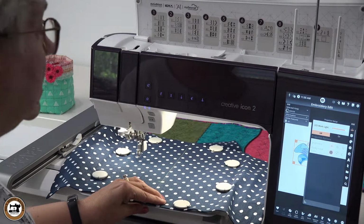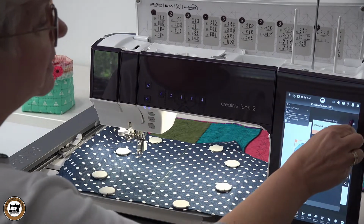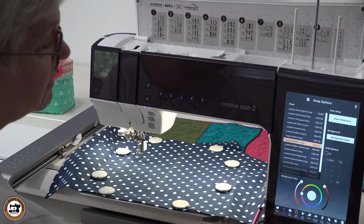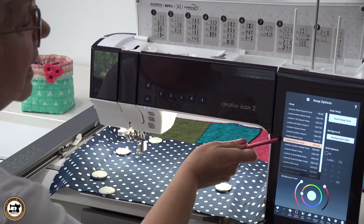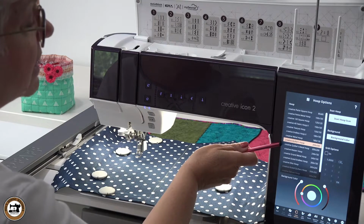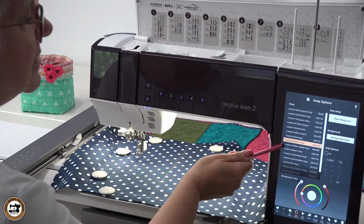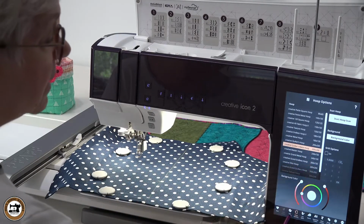Now, one thing we want to make sure, okay, I think what happened, the reason why it's not identifying that hoop is a simple fact that can be corrected very easily. When I go back into my hoop settings, I just realized what happened here is I selected the Creative Quilters Hoop 200 by 200. Okay, right below it, it also has another hoop that says Creative Quilters Metal Hoop 200 by 200. I made a mistake. Okay, easy correction is go ahead, select that metal hoop. Go ahead, close out of this field,